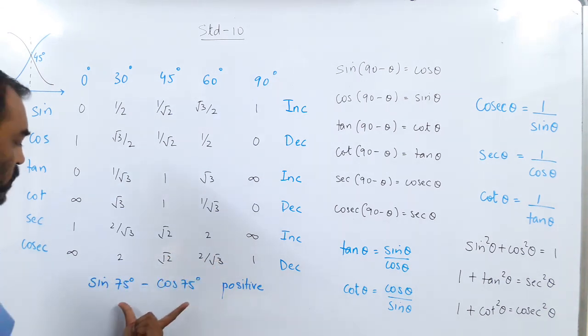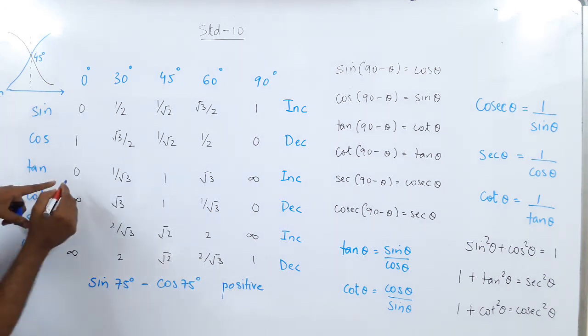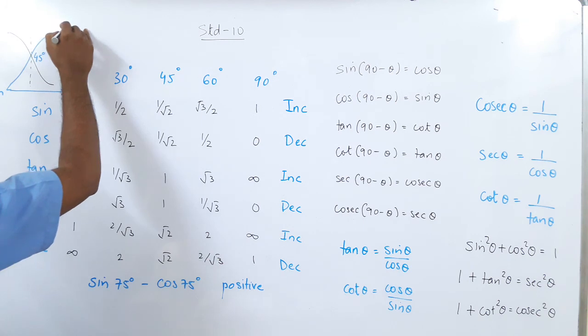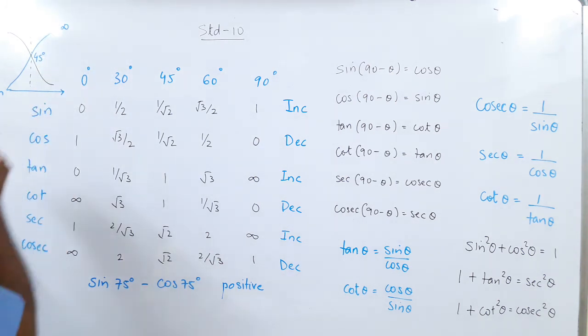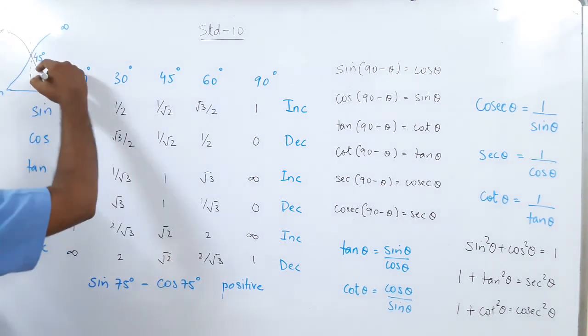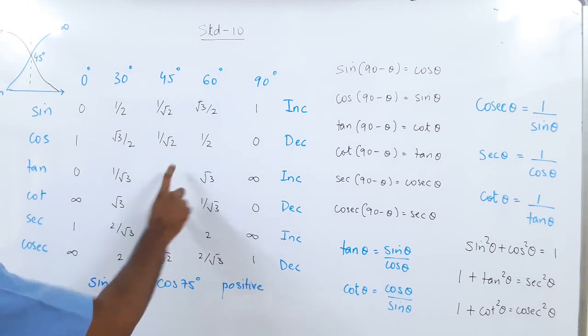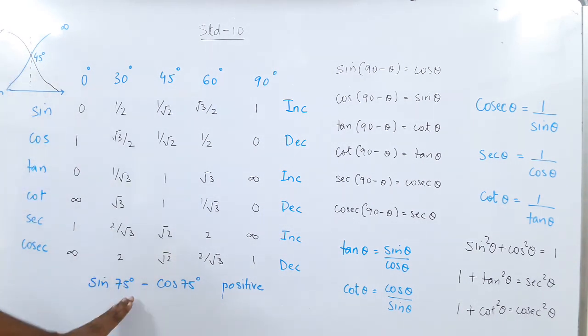So when these sums are of degrees, you have to first check what? Is it greater than 45 or smaller than 45 degrees? Then check your graph and do it. So now I can say what? Let us say tan and cot. So tan is increasing, going from 0 to infinity, and cot is decreasing, going from infinity to 0. It is coming down to 0. Okay? But they both become equal at 1. So what you can observe, when the degree is lesser than 45, then cot is bigger.